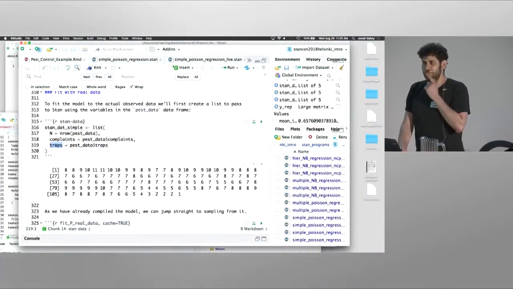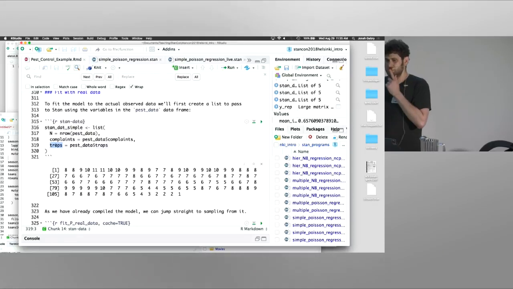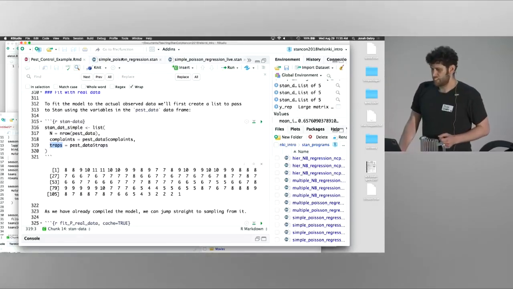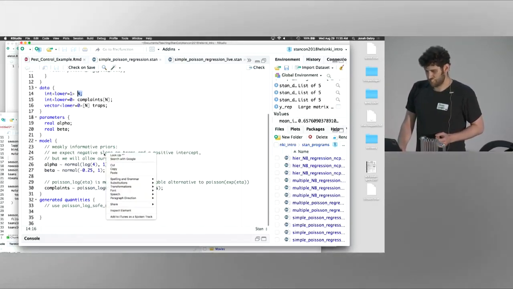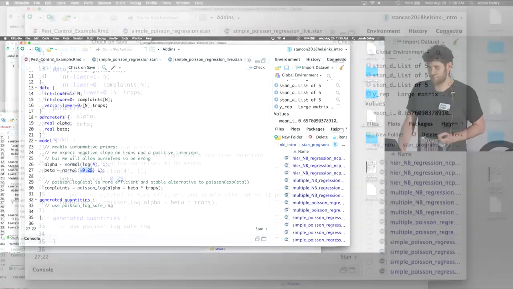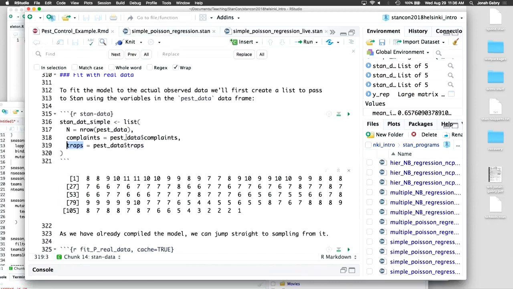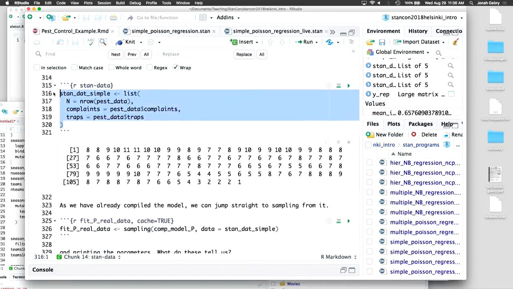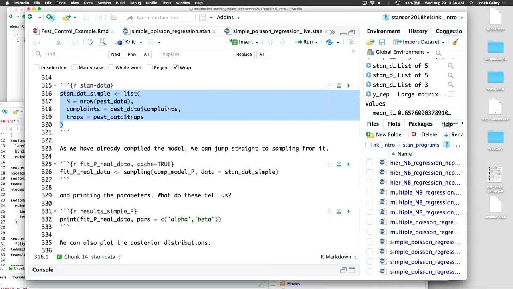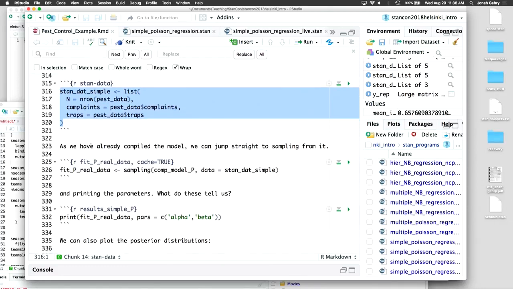Yep. Sure. You could, if you knew you wanted to use these values, code them in the data block and pass them in, which would allow you to iterate, like pass in different values for them. Yep. And this is just one of the formats that Stan wants the data in. There's a couple different options. And so if I run that,